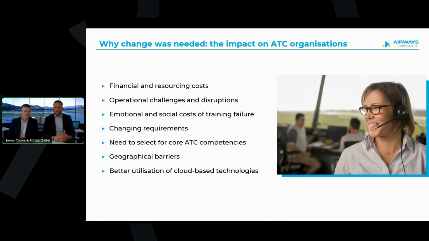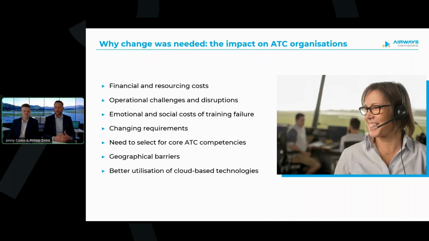Another factor for us also was the change in requirements. So we were looking for a tool that allowed us to scale up quickly. Often it's really hard to predict what the workforce requirements are in 6 months' time. All of a sudden there's a large overseas recruitment drive, or people retire in larger numbers than expected.